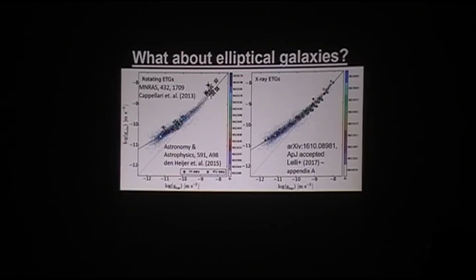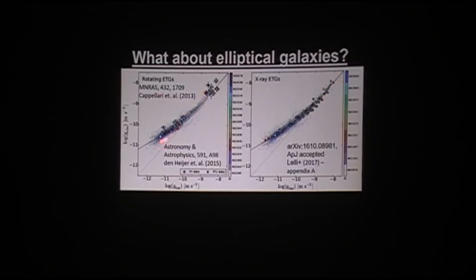Recently, people managed to get a small fraction of the ellipticals which have a rotating gas disk. They have a small amount of gas which settles itself into a disk by friction, and they got all the data points down here. And even more recently, they managed to get data further out in X-rays. You have a hot halo of gas around the elliptical, which you can see in X-rays, and you can measure the temperature and pressure and use hydrostatic balance to work out how strong gravity is. And they got the results here.